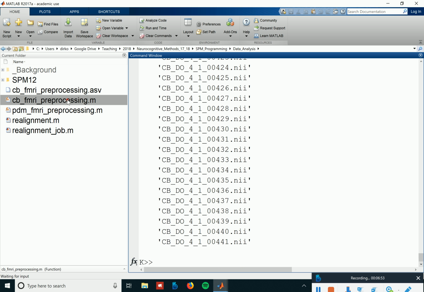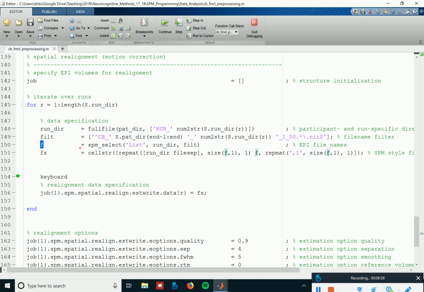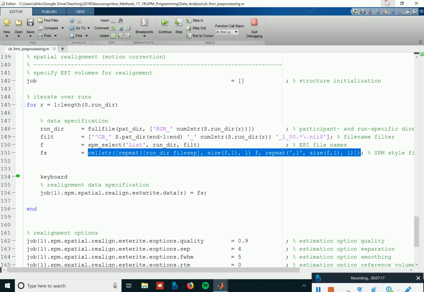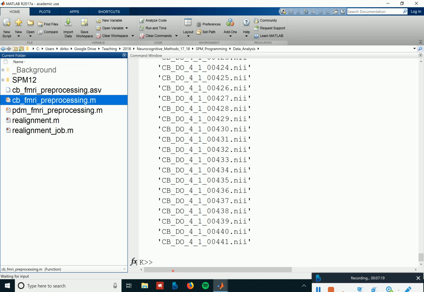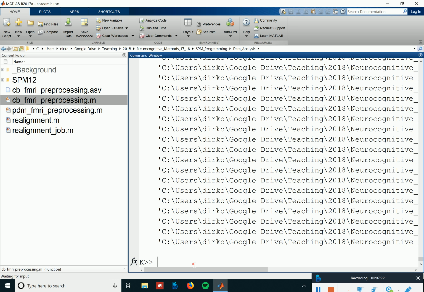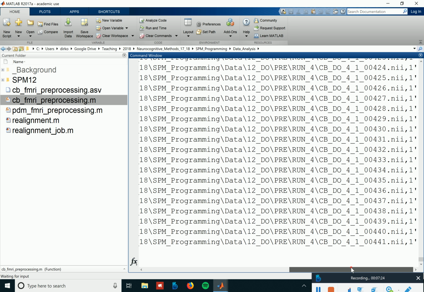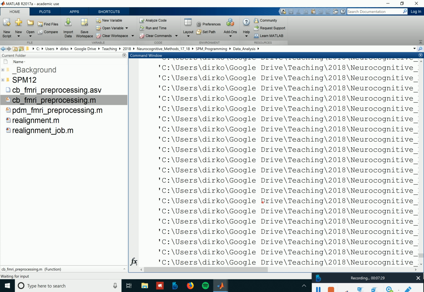So now the specification of the filter and finding the files works, and then the last step in this is to render these files as a list that SPM likes. So this is what this nice code here does. Essentially, this just puts a (1) behind all of them, and the whole thing then looks like this. So it puts the full path to it and a (1). For some reason, there needs to be this (1), and